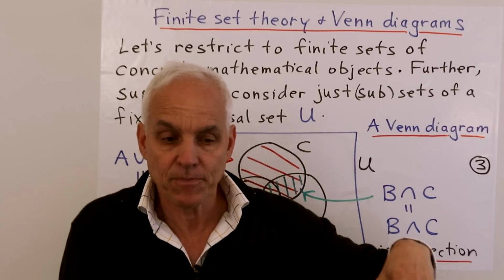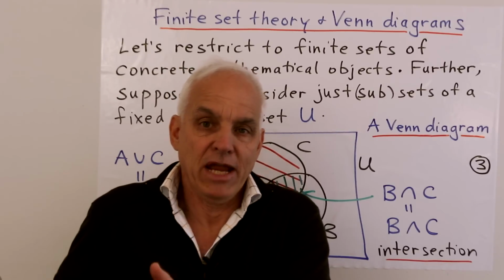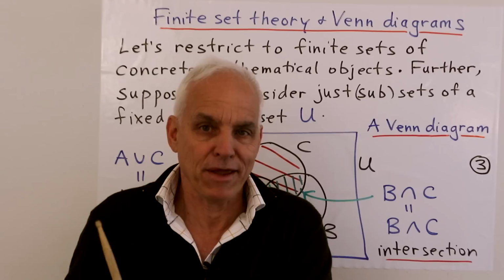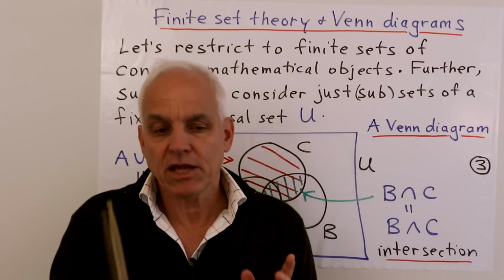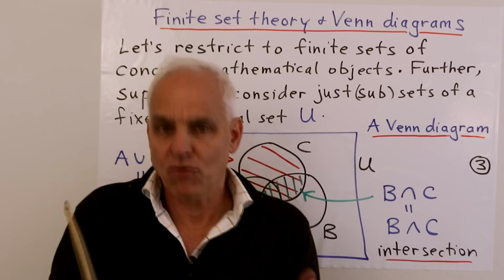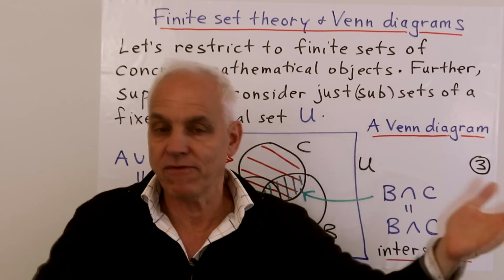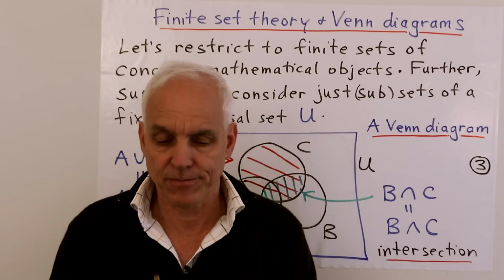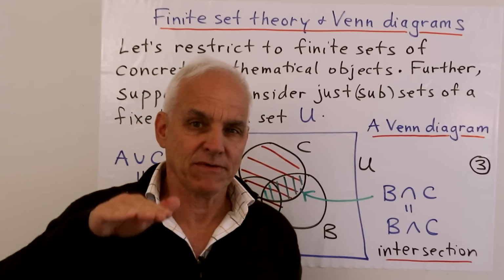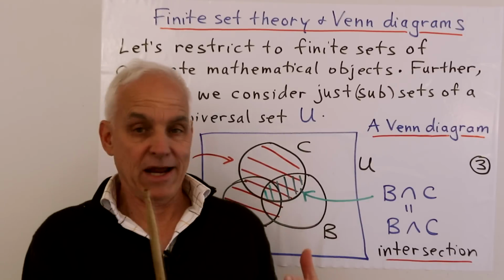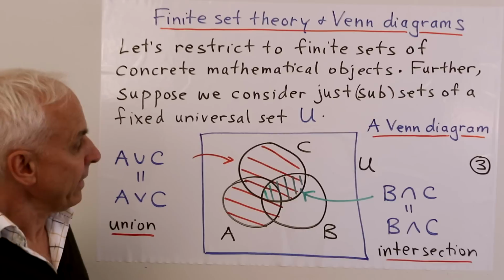Okay, but I oppose this idea that set theory is some kind of magic foundation for all of mathematics. It's completely wrong thinking. Okay, it's an important ingredient, but along with other ingredients. And in particular, we have to have a constrained view of things. We don't want to just be opening the door to any kind of phraseology to invoke sets of all kinds of things. It's a very serious mistake to think about that. So I do want to point out that my criticisms of set theory are not directed towards finite, concrete, explicit set theory. And that's what we were talking about here, that Venn was interested in.